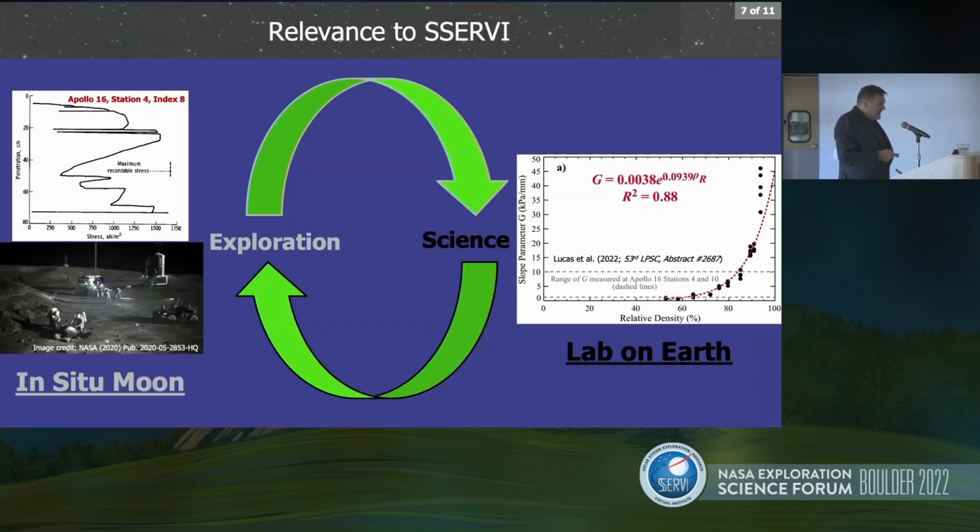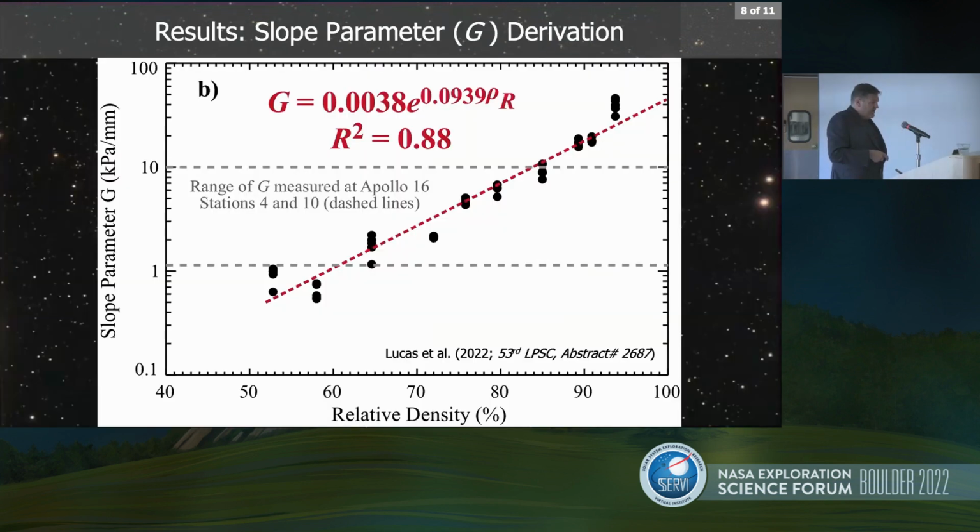So the use of in situ lunar geotechnical data to guide Earth-based testing, which in turn can inform future lunar exploration, is, I think, a very nice example of the survey mantra that exploration enables science and science enables exploration. So we took a total of 50 CPT measurements, and we did 5 insertions each at 10 different density packings